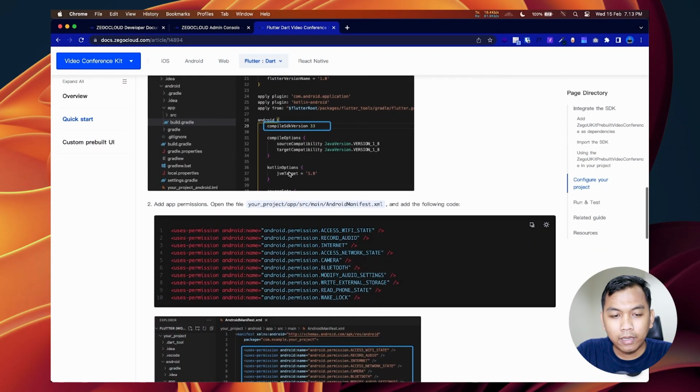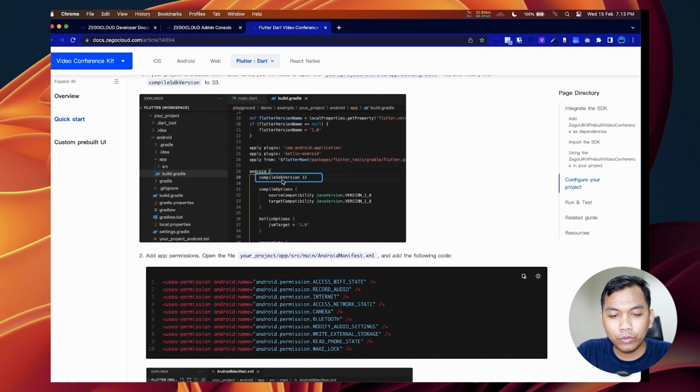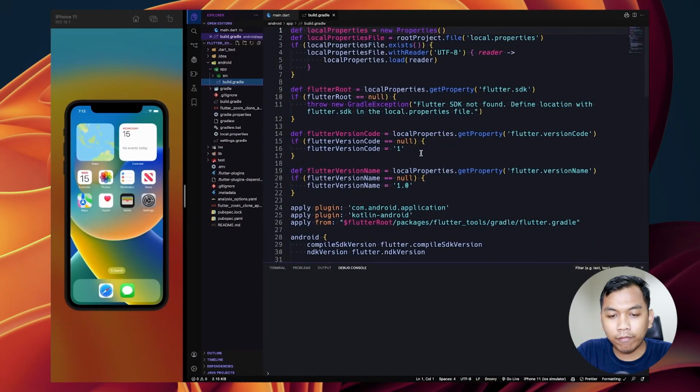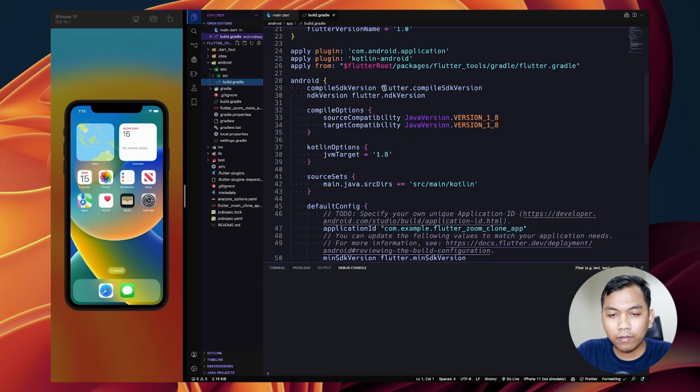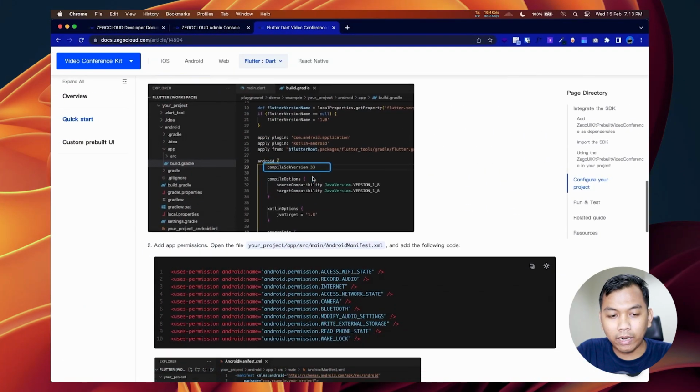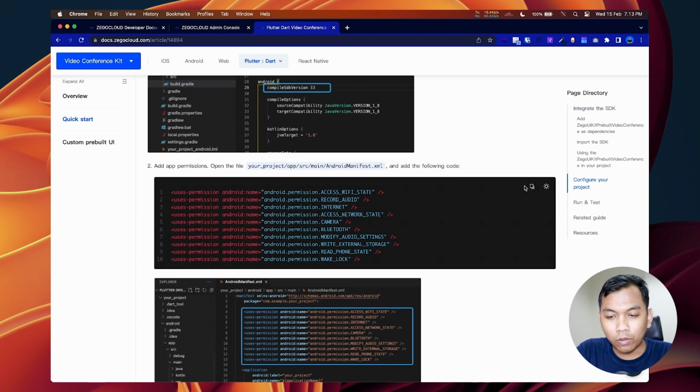That's right. And we need to change compileSdkVersion from this, change to 33.